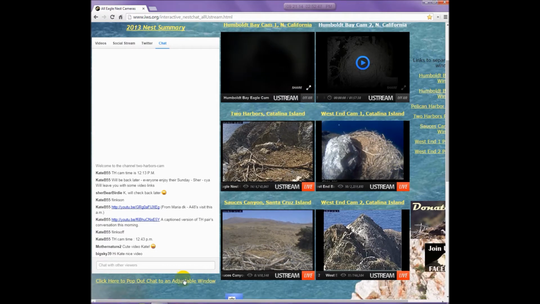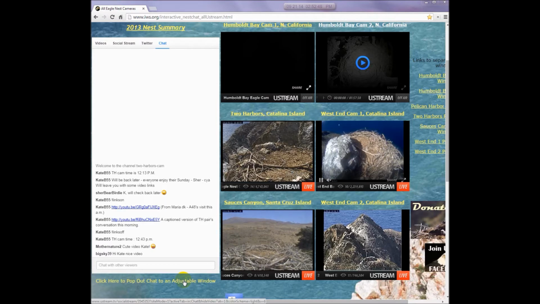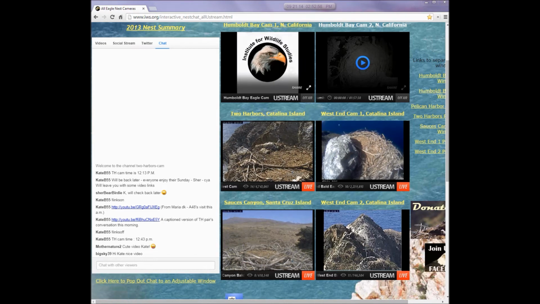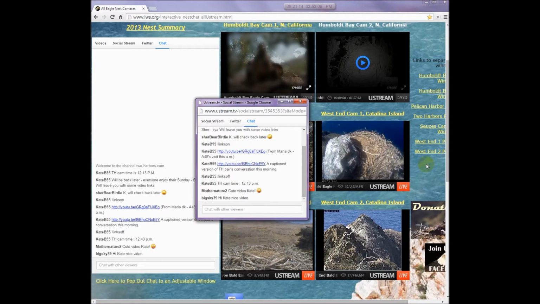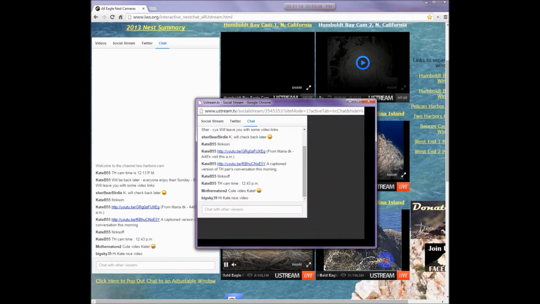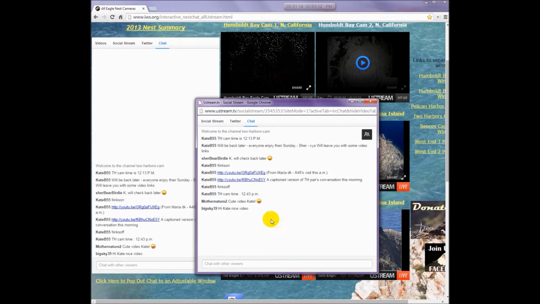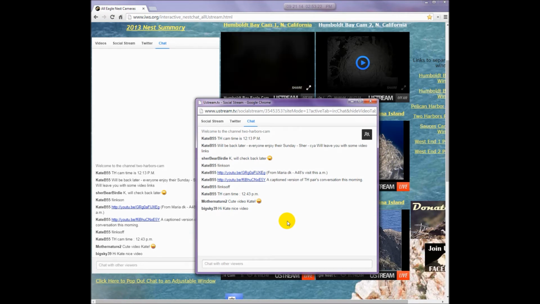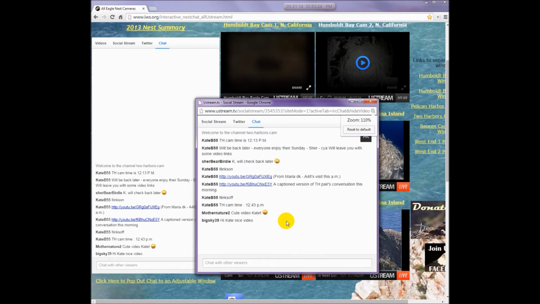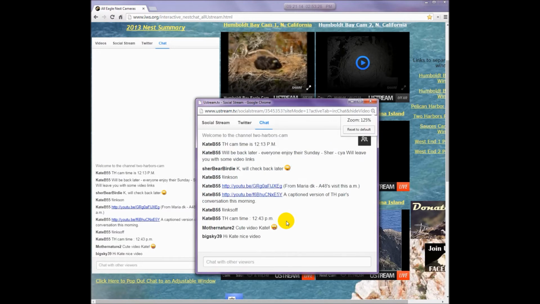But if you pop out the chat window, you click on that yellow section. Sometimes it's white in some browsers. I will bring it into view of my recording screen. It takes a while to come up. And there we are. So you can make it any size that you want. And I hit Control plus. You use the Control plus and it changes the zoom on that pop out, but it does not change the background